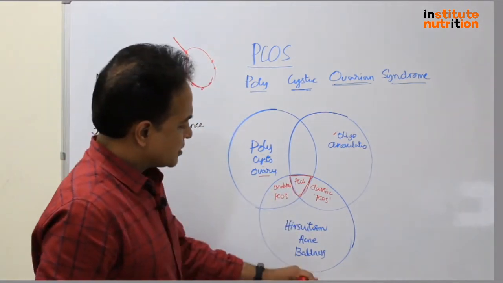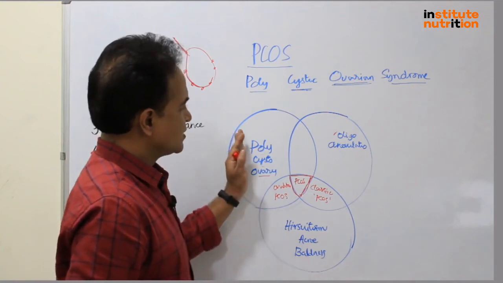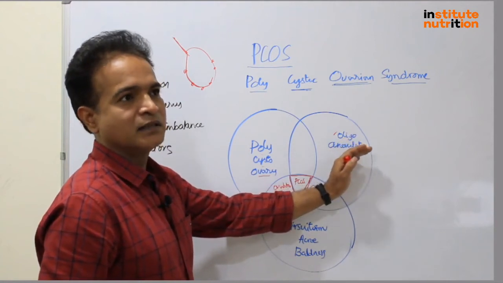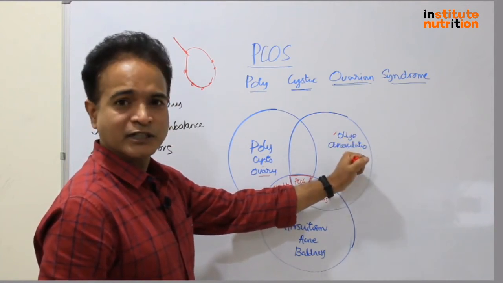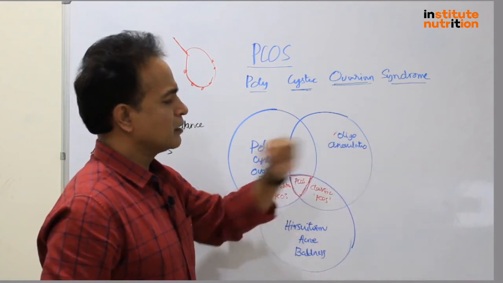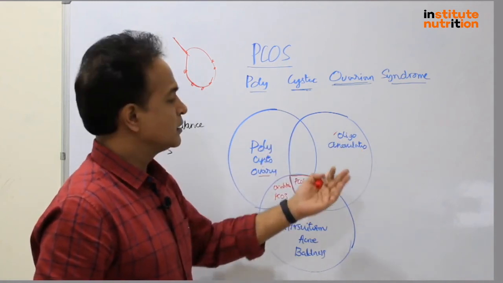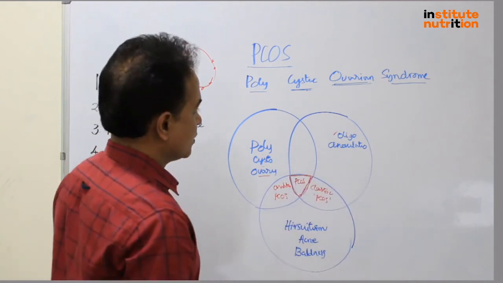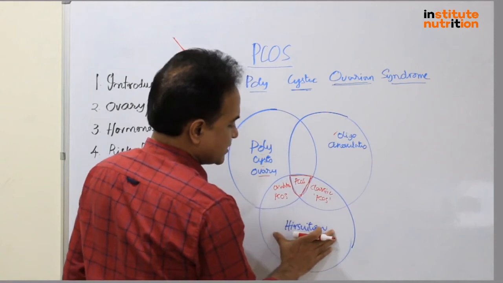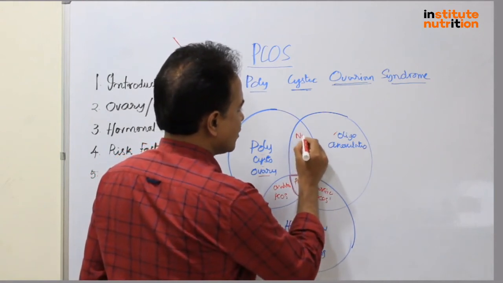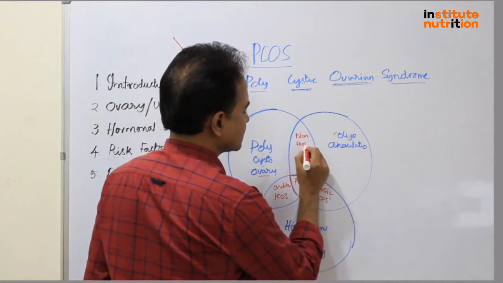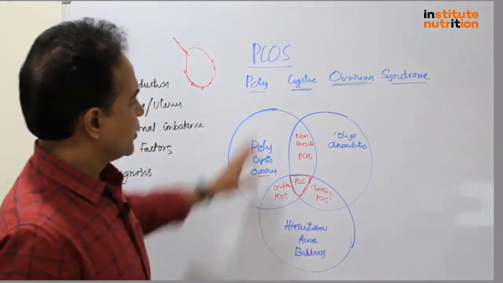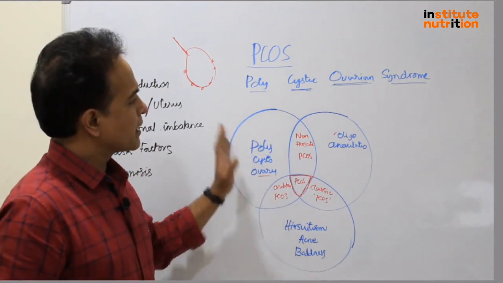And some patients may present with only polycysts and lack of ovulation, lack of release of egg, usually seen in women who are married and trying to have children, but are not having proper ovulation or have missed ovulation. Because hirsutism is absent, we call this non-hirsute PCOS. So we can classify PCOS